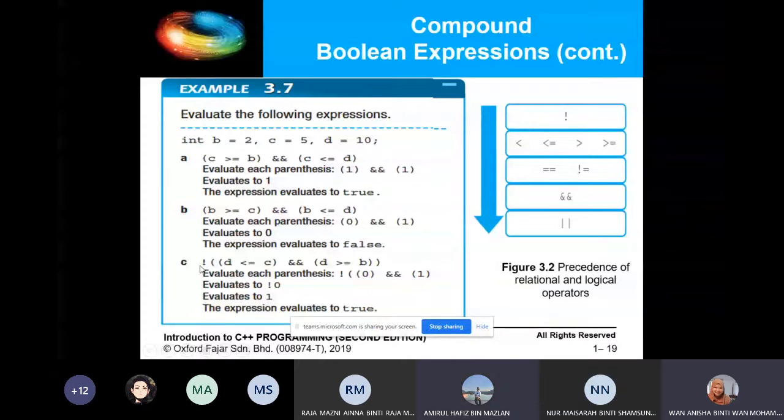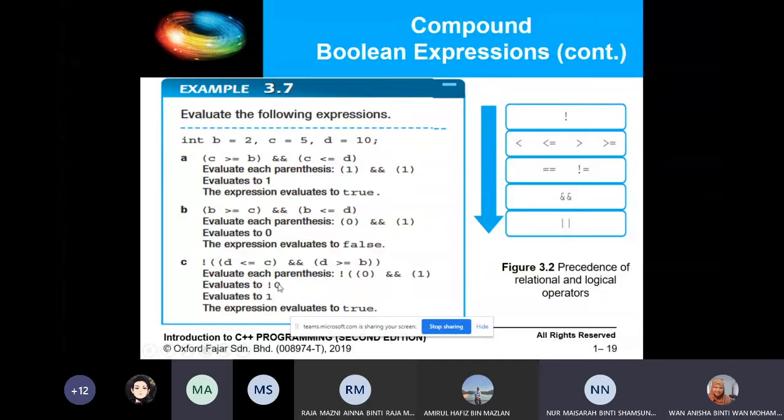Alright, let's see example 3.7 untuk C je. Kita try yang C. So, you solve what is inside the bracket first. Okay. If you use a variable, make sure you have the value for the variable. D, is it less or equals to C? True or false? C is C4. Okay, false. So it will become 0 here. Okay, 0. And D, is it greater or equals to B? Yes. True. So 0 and 1. 0 and 1 becomes